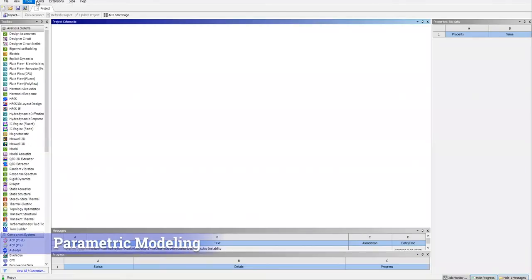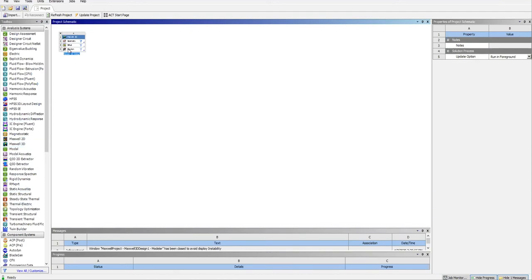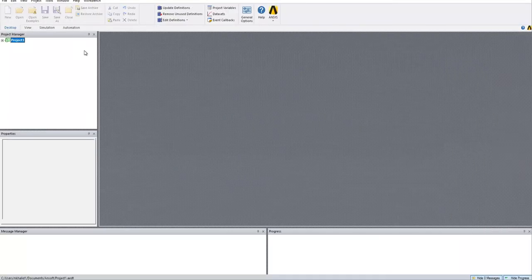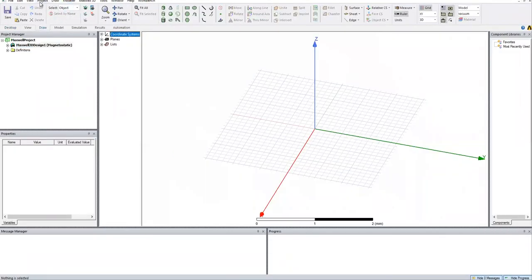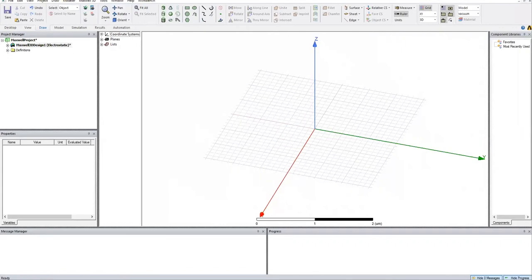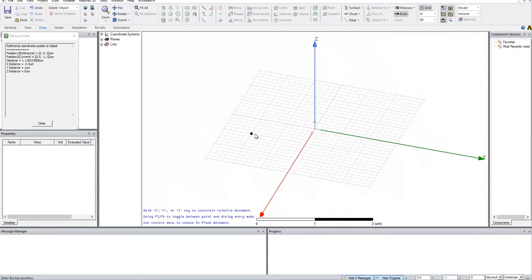Now we will start our sensor modeling. We will first set the units on ANSYS to micrometer, then drag and open Maxwell 3D. We are interested in parametric models, therefore we will define various variables along the way. This is the simulation environment for Maxwell 3D. We will set the units once again, and for Maxwell 3D, choose the solution type to be electrostatics, as we are interested in capacitance change.